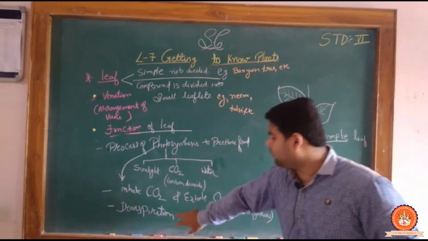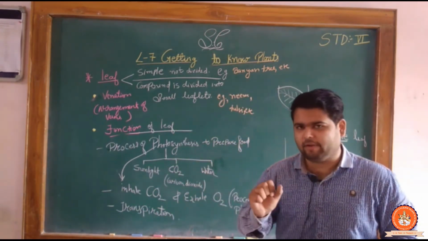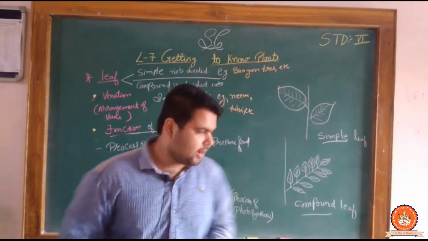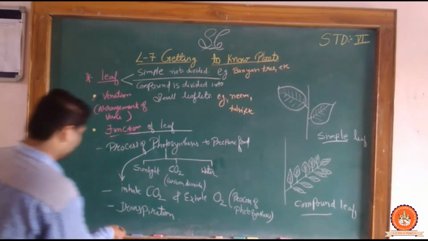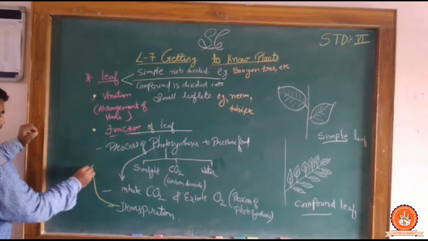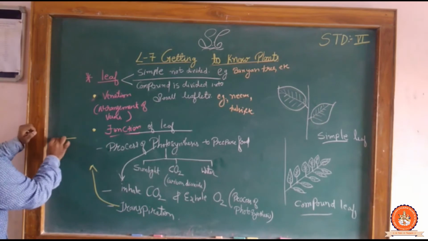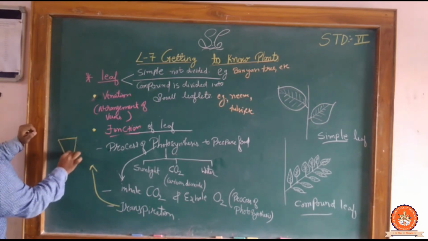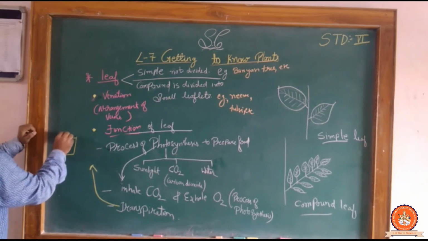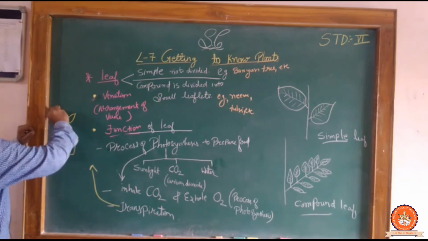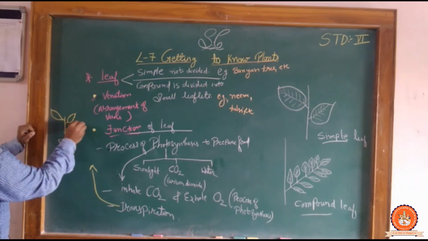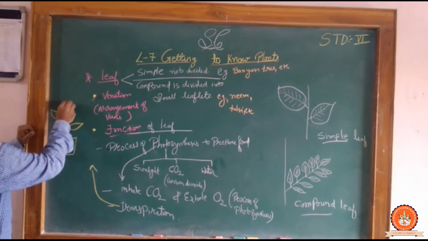Okay, so for that we have to do one activity. Clear? So we can understand better. Transpiration is what's that. We don't have the particular space. Okay, look here. We have to just take a tree, or we can say a small leaf. We can also take cactus plants or any of the plants.